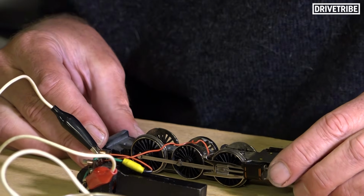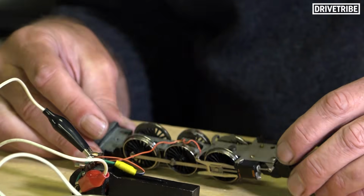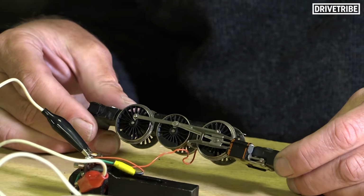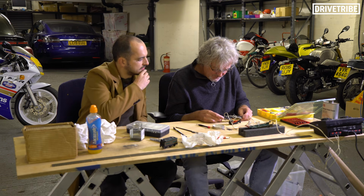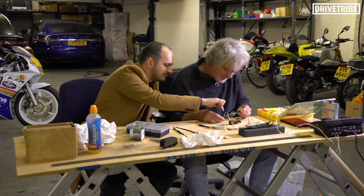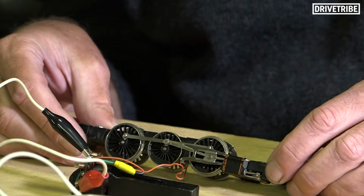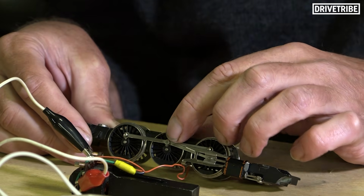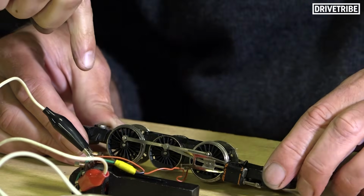So, trying to do this without dismantling it any further, we shall... Is it a case of just getting some fluid right in down there? Exactly that. A bit of brake cleaner, hopefully. And there's nothing electrical down here, this is all mechanical, so we can...